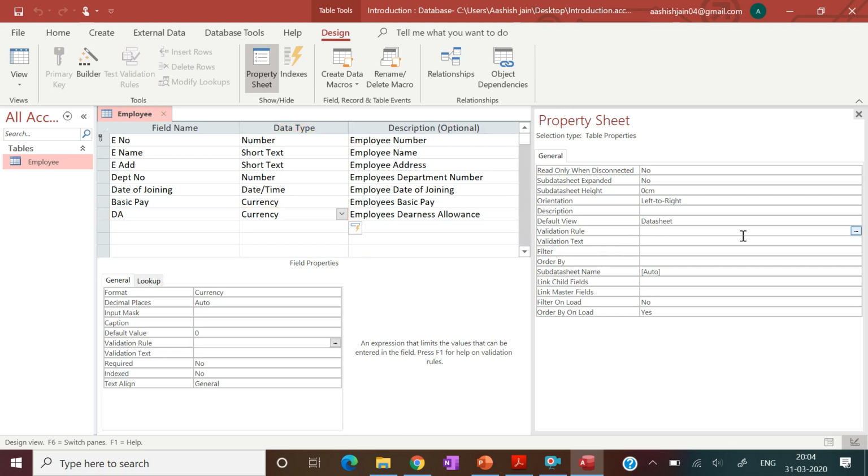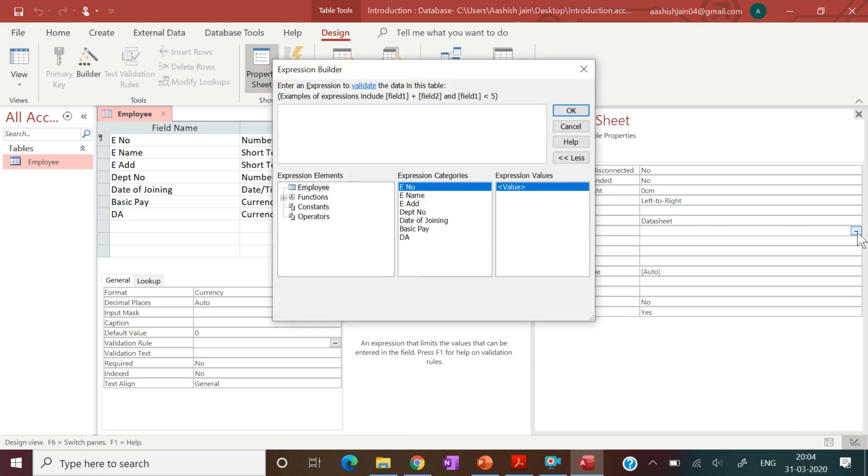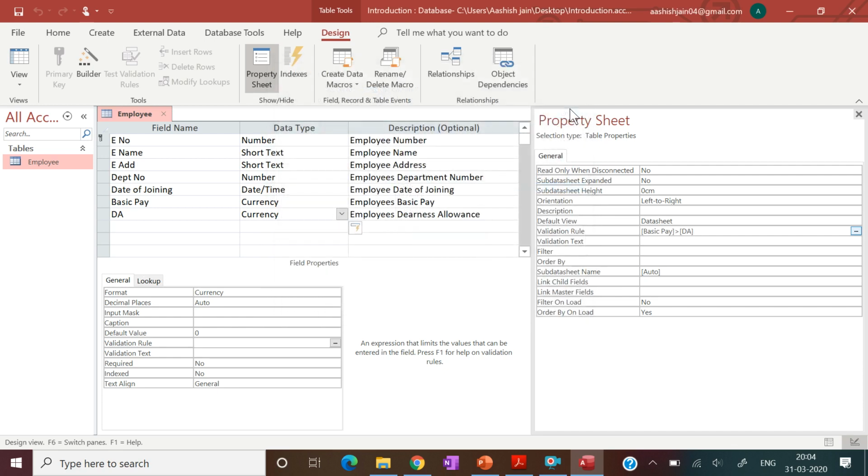Here you can see these three dots. Click on that, and this is the expression builder, where you can express your constraint. Now the constraint is that basic pay should be greater than DA. So let's do this: basic pay greater than DA. That's it, and then press OK, and then Ctrl plus S to save.